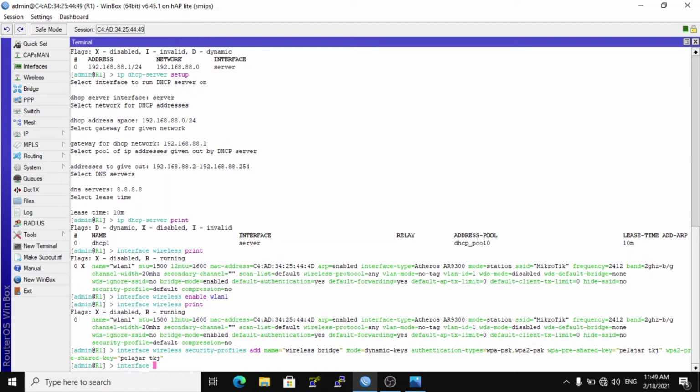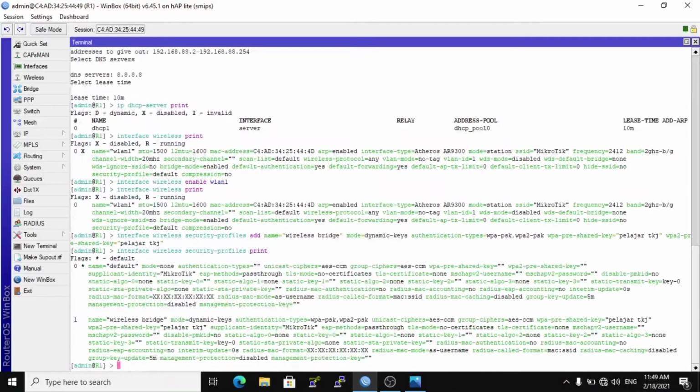Check the security profile you created, interface wireless security-profile print. And this is your successfully created security profile.